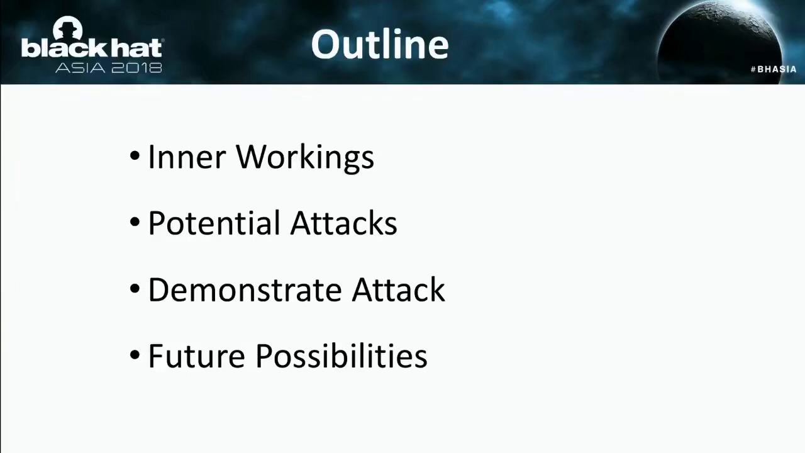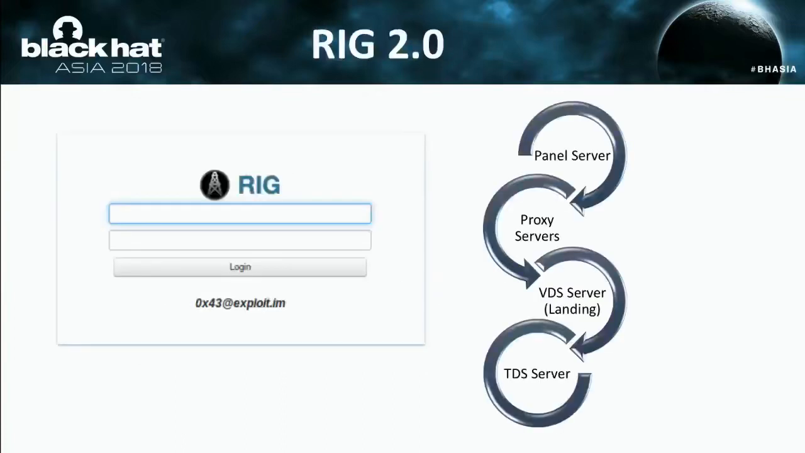So let's get into the RIG-2 exploit kit, which is the exploit kit leaked in 2015. We made a detailed analysis of the leaked source code and redeployed the attack infrastructure of the RIG-2 exploit kit in our lab environment. So we mainly found 4 different servers in the attack environment, which are the panel